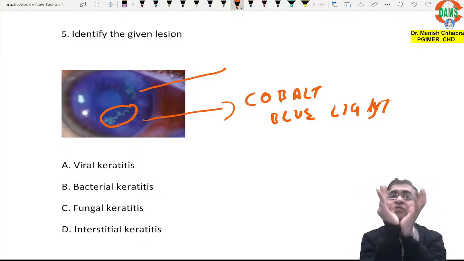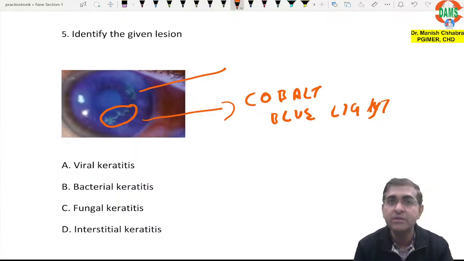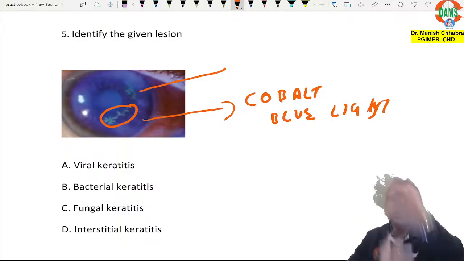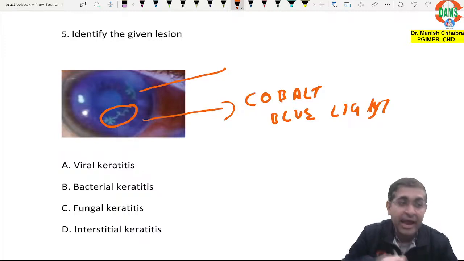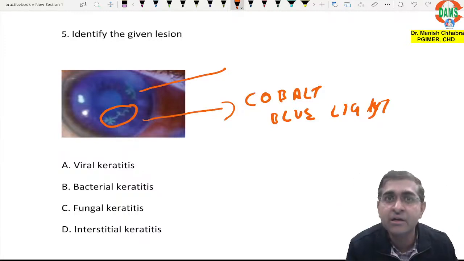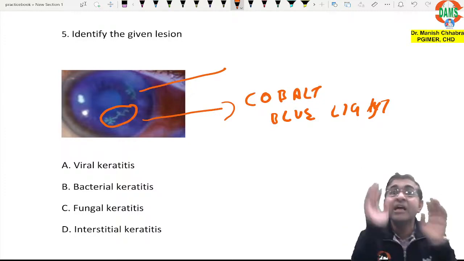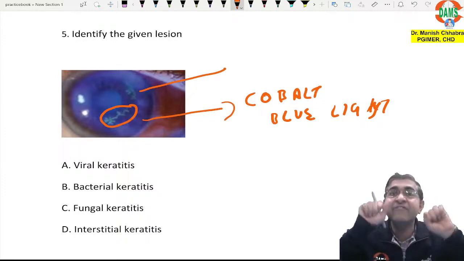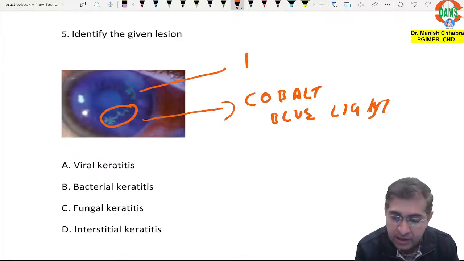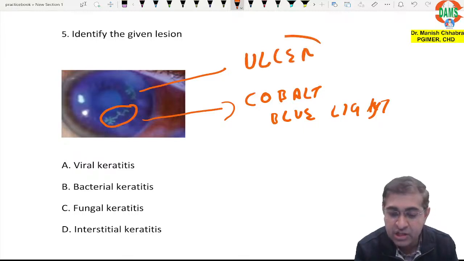The name of the dye is sodium fluorescein. This sodium fluorescein has the ability to absorb blue color and emit green color. And this happens if there is epithelial defect, which actually tells me that this is your corneal ulcer,